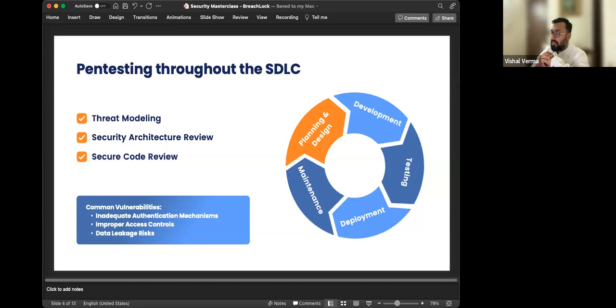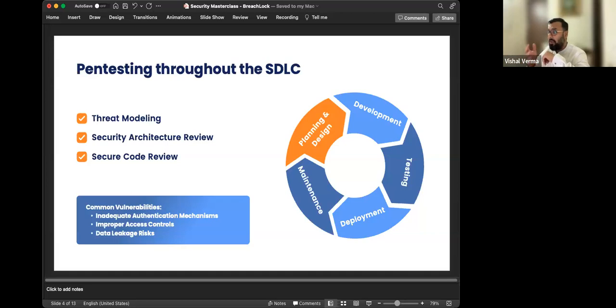And then come the secure code reviews. Just by reviewing the code snippets and looking at the known vulnerabilities in the known libraries, an organization can save a lot of time, unplugging a vulnerable component and bringing in a more secure one at the planning phase itself. The common vulnerabilities that we have seen resulting from improper design and planning